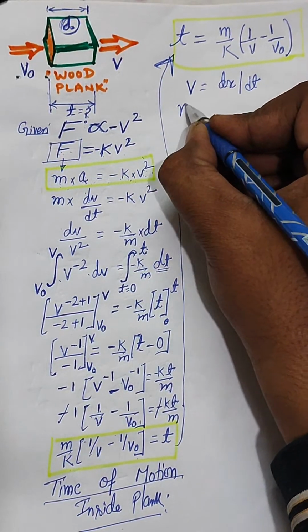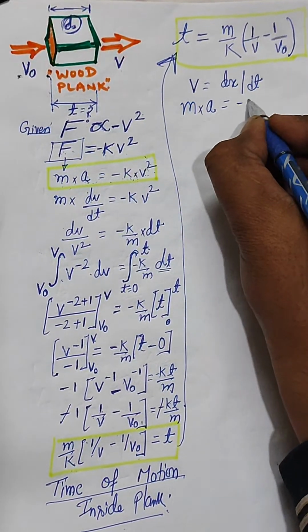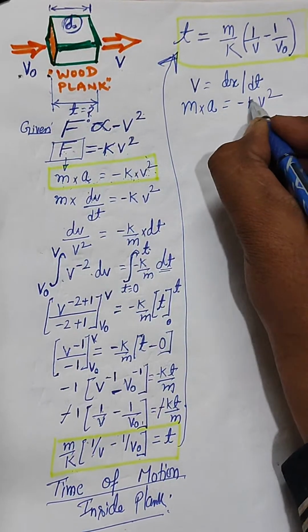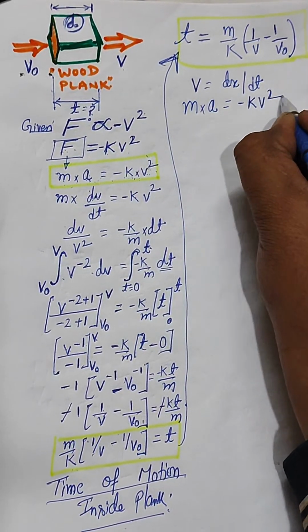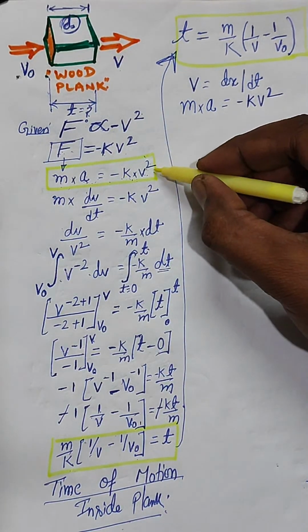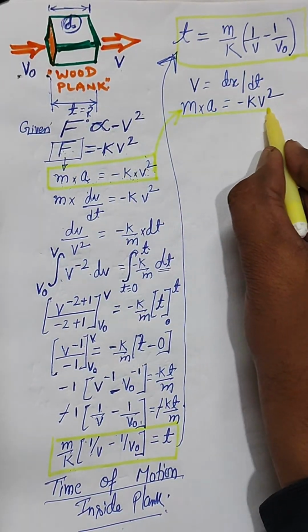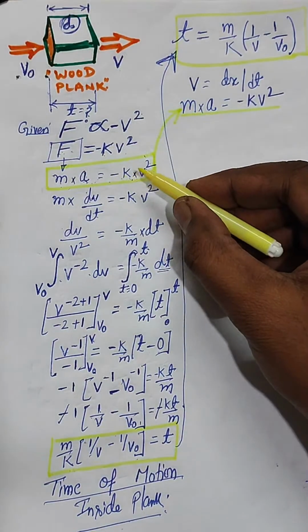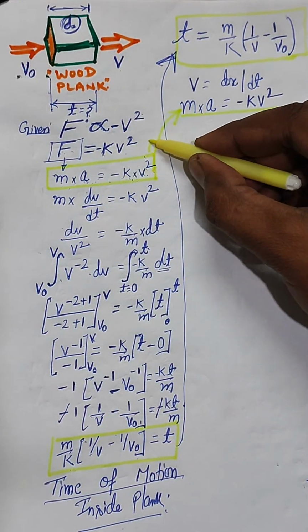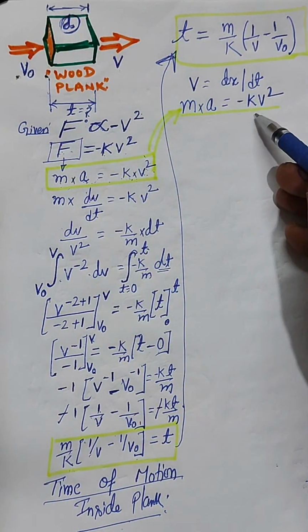So we will write it again: m into a is equal to minus kv square. So if ma is equal to minus kv square,